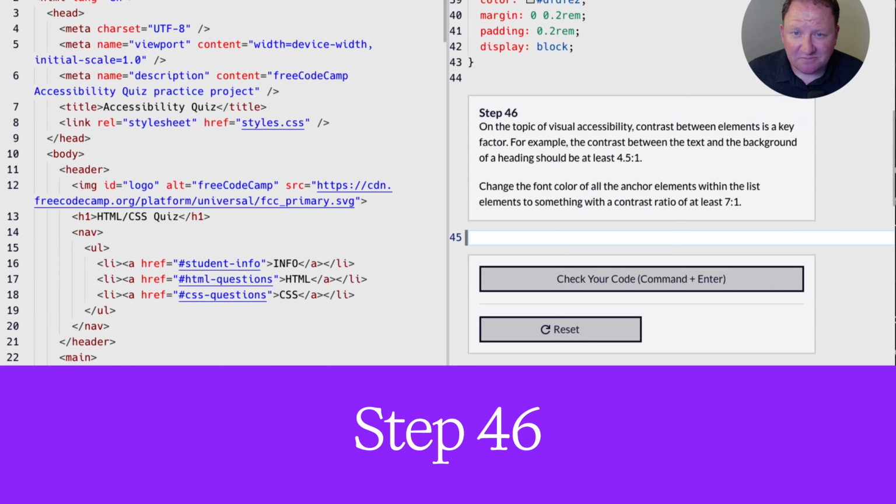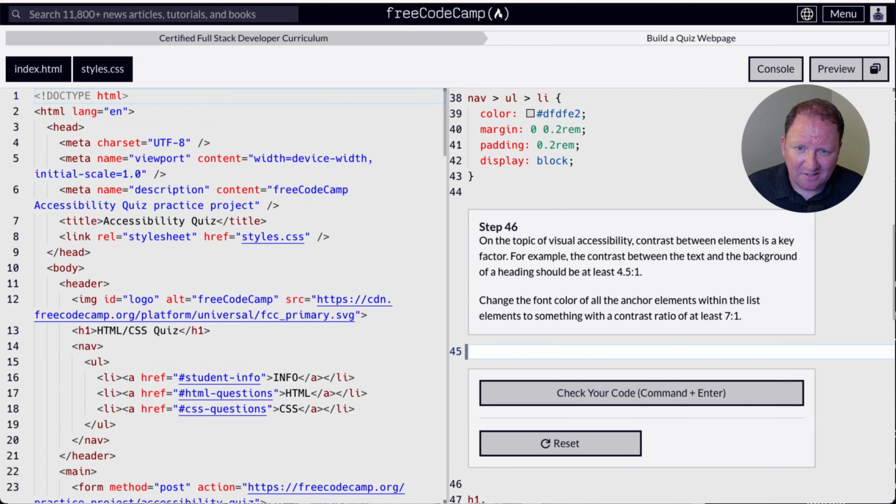So step number 46 in building a quiz web page, it says on the topic of visual accessibility, the contrast between the element is a key factor. For example, the contrast right now between the text and the background is and should be at least 4.5 to 1. Now we want to change this font color of the anchor element to something that will be a contrast ratio of at least 7 to 1. Let's take a look at what we would have to do for this one,